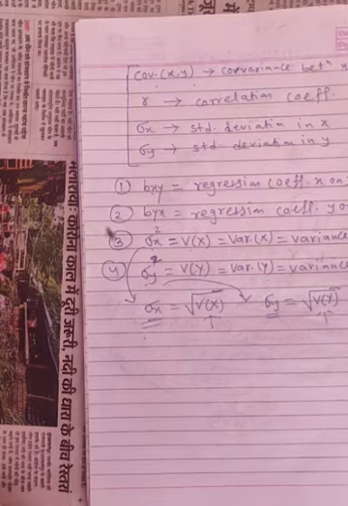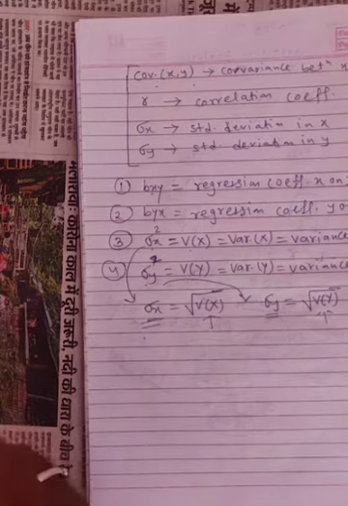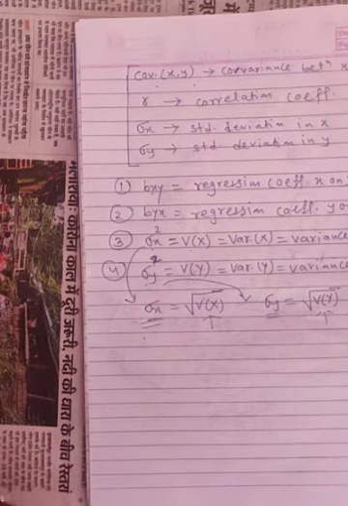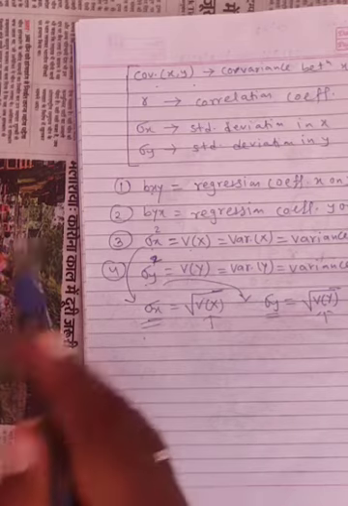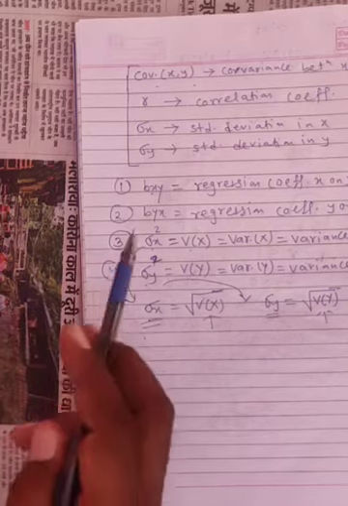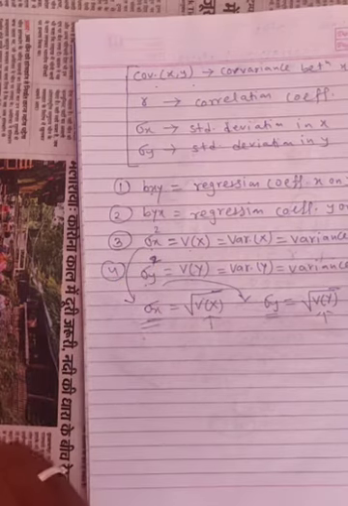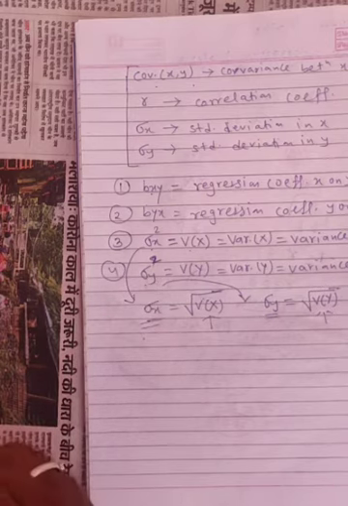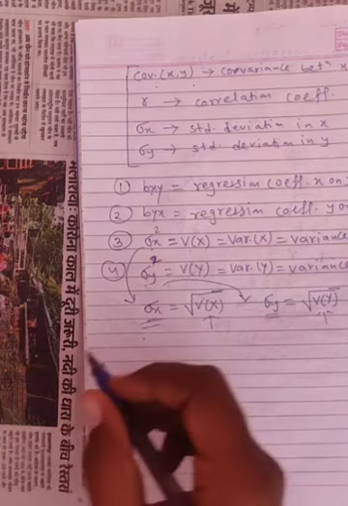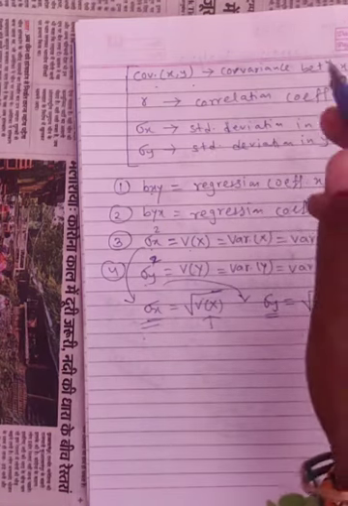In the next video, we will see the formulae related to covariance between x and y, r the correlation coefficient, the regression coefficients x on y and y on x, and the standard deviation or variance of x and of y. So this terminology you should remember. In the next lecture we will see the formulas.